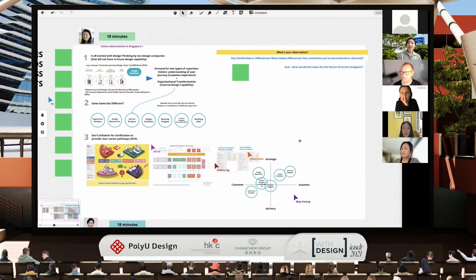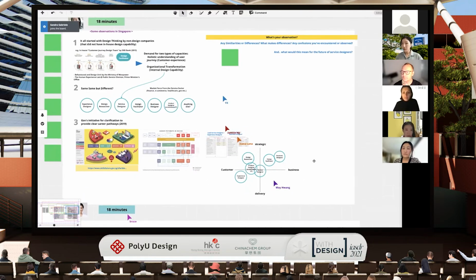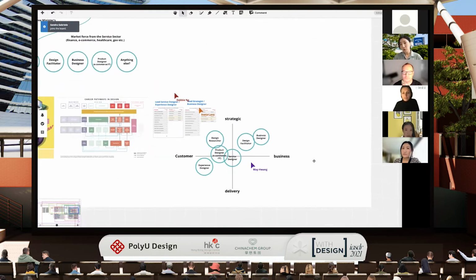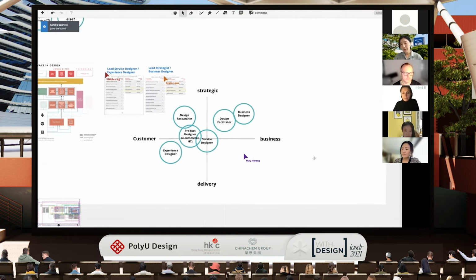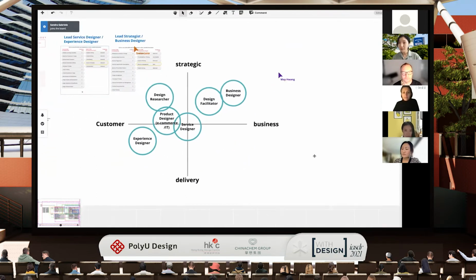But the key thing that could distinguish service design from user experience design is, as I have shared briefly in the map, that design for customer experiences is really oriented to customers' experiences. So they design for customer experiences, and their work really centers around user research findings and findings